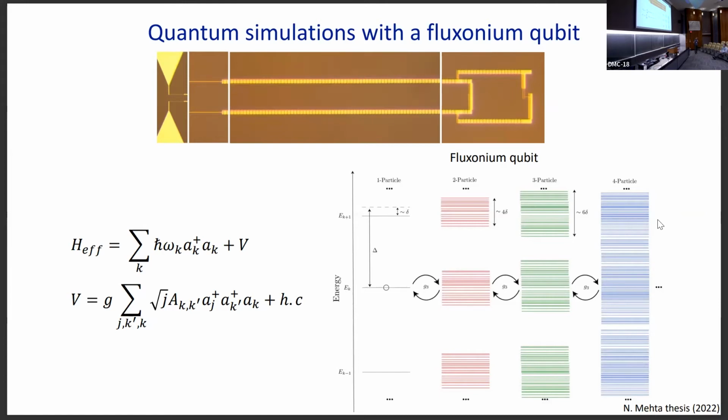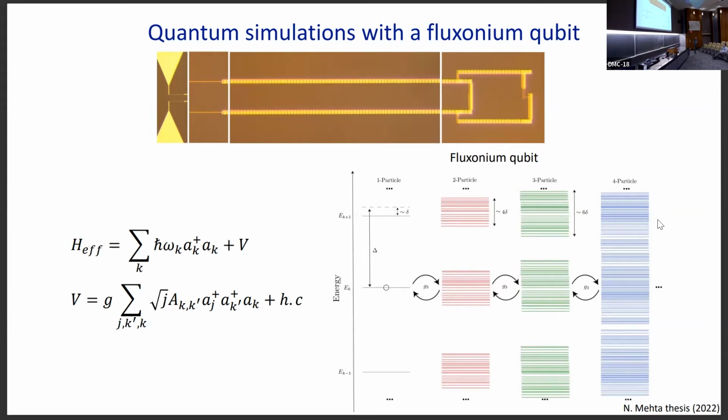So another important point which I want to make here is those multi-photon states, which I said are degenerate, they actually might not be degenerate. If you introduce a disorder in the system, which is always there, and also if you have some dispersion of those modes, the degeneracy is actually lifted, and you have some broadening. So they're no longer degenerate, but they are spread along the frequency, and eventually they actually form a continuum if you go to higher and higher photon states.